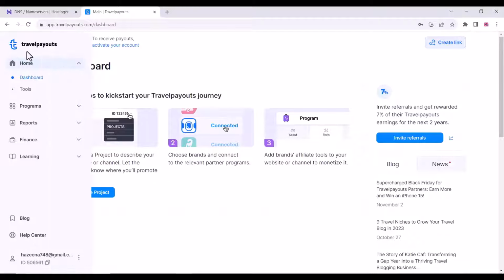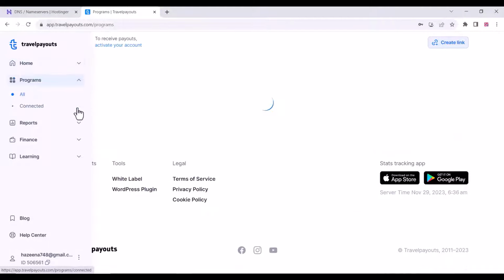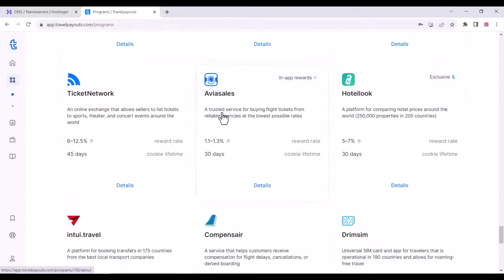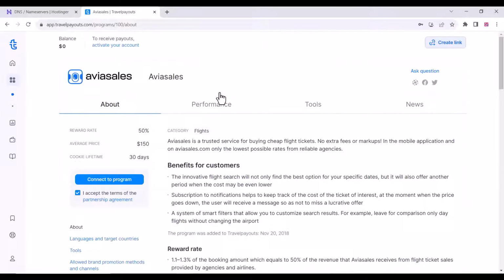Now go to the Travelpayouts dashboard and click on programs, and here you can see a lot of affiliate programs available. Some programs require pre-approval from them, and some don't need any pre-approval. So we are going to Aviasales. So choose that program and click on the connect to program option here. Click on connect to program